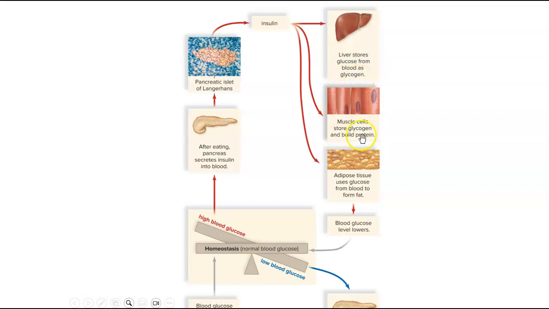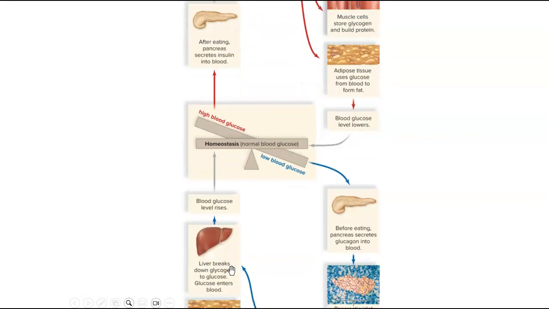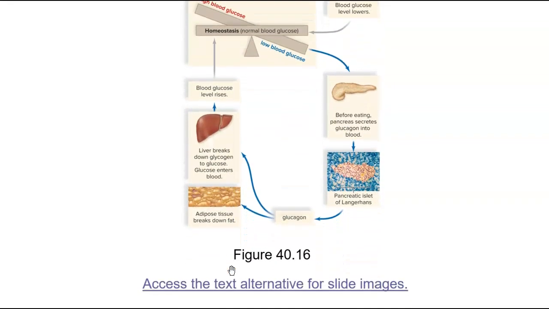Muscle cells will do the same thing and also can use it to help build protein. And then adipose or fat tissue will take the glucose from the blood and convert it to fat. So this all lowers blood glucose levels, and they return to the normal range. Now, if your blood glucose is low, you have a low blood sugar,